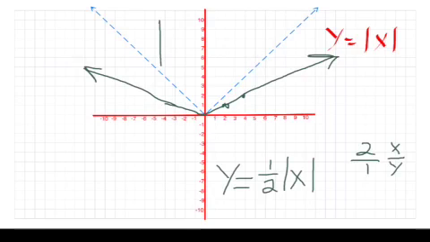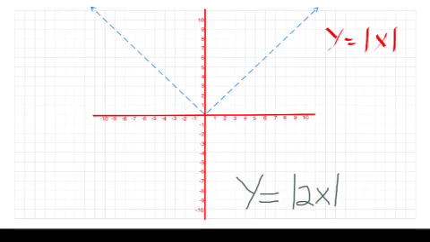It's like you pressed on it from this direction, and it's compressed. That's why we call it a vertical compression. And then we can also put those numbers inside the absolute values, or inside the function, and this has the effect of being a horizontal compression, which actually with an absolute value is pretty much the same thing as a vertical stretch. We still can write this 2 over 1, flip it over, and realize that that means that it goes,